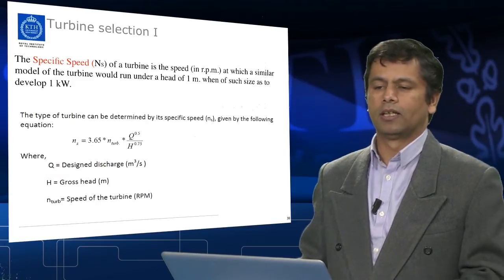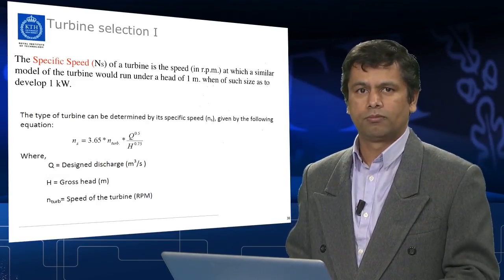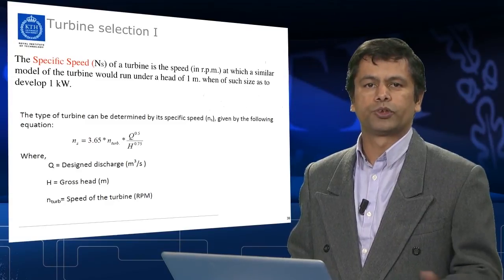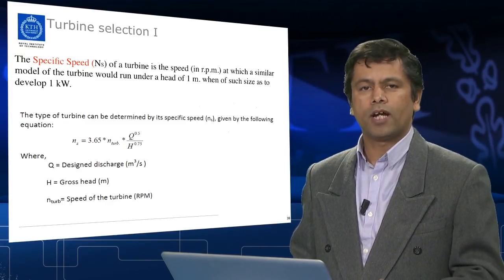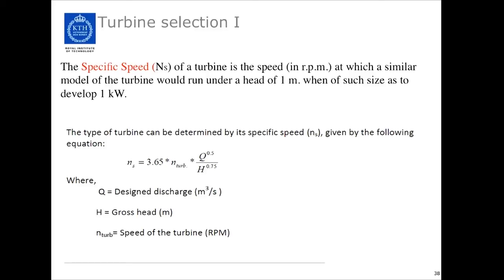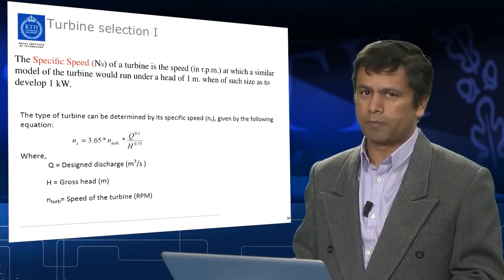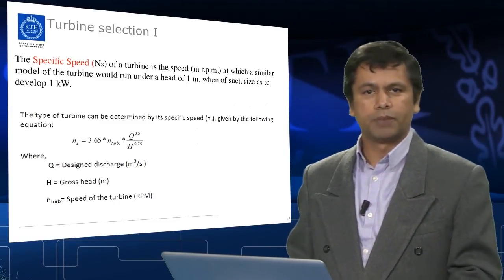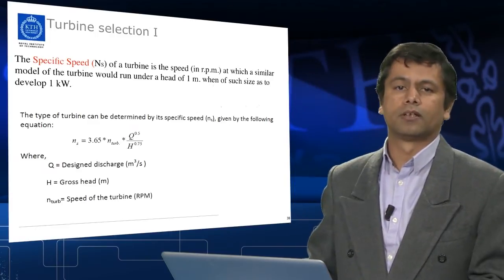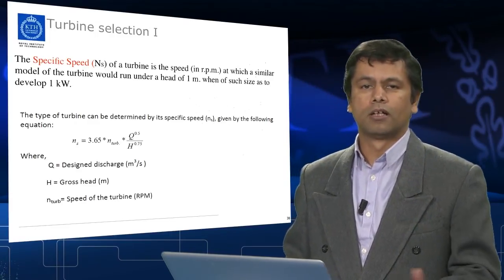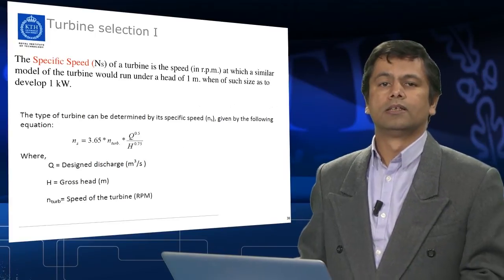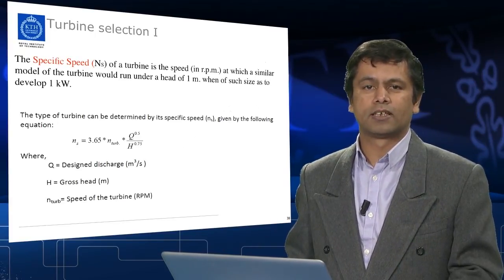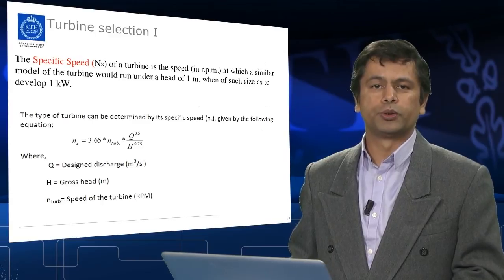So, normally in general, if you have a low flow and high head, you choose a Pelton turbine, and if you have medium head and medium flow, then you will choose a Francis turbine, and if you have high flow and low head, you will go with the Kaplan turbine. And also you have cross flow turbines for the medium head and medium flow, or low flow,